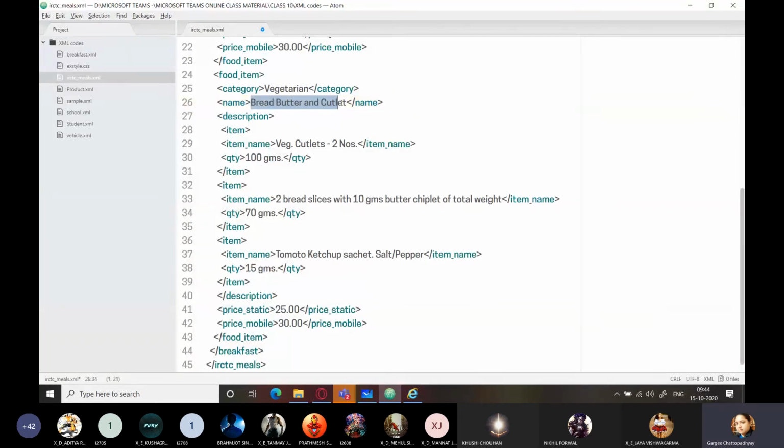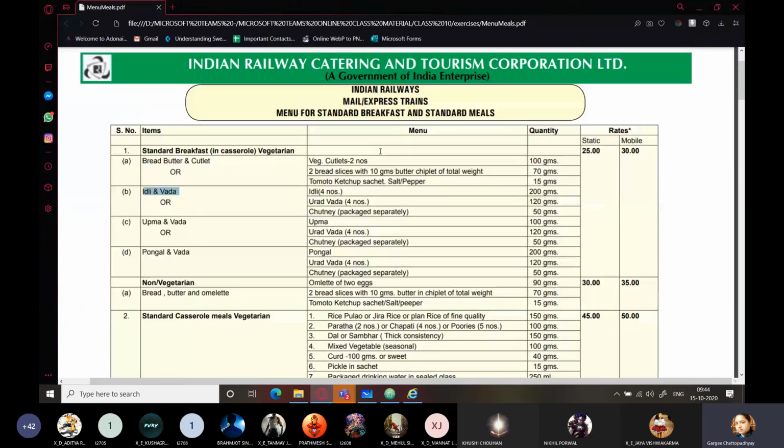idli and vada, South Indian special. So I'm just going to take that. And yes, so I'm using the escape sequence for ampersand. Now, what are the contents?